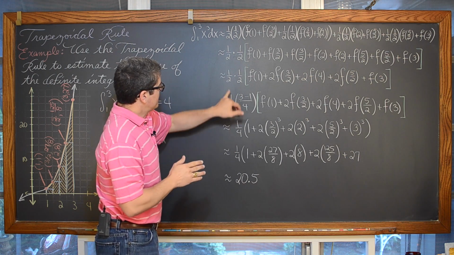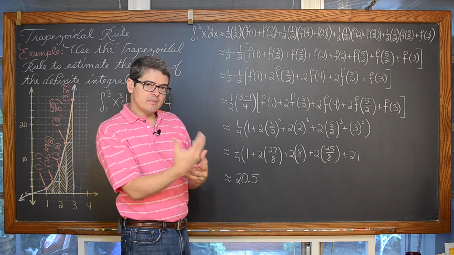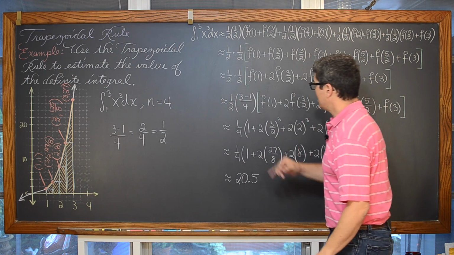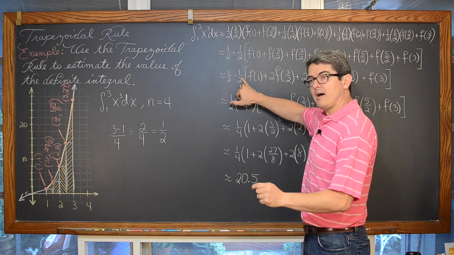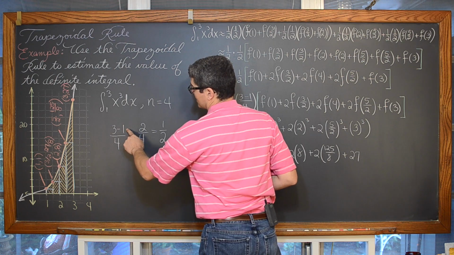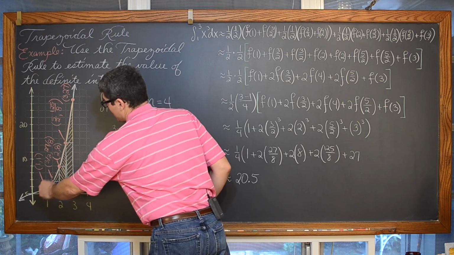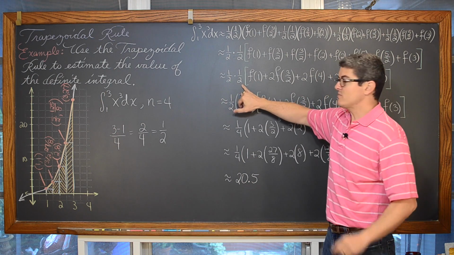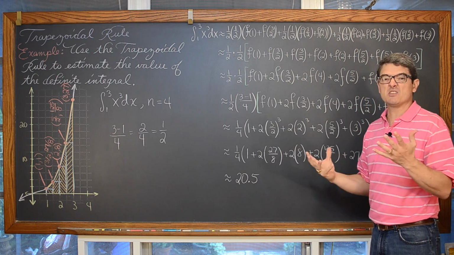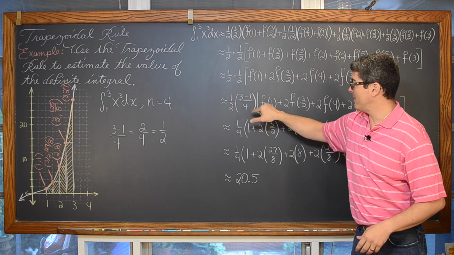And now I'm stopping and saying, okay, remember it was 1/2 times the height times the sum of our 2 bases. So where did the 1/2 come from? Where did the height come from for each of those trapezoids? The height of 1/2 came from doing the upper limit of the definite integral minus the lower limit of the definite integral divided by how many trapezoids you wanted to use to estimate that definite integral. So I'm showing, again, only for the purpose of showing how this arithmetic and our past knowledge of basic geometry ties in with the trapezoidal rule. So I'm writing that 1/2 as I calculated it, 3 minus 1 over 4.